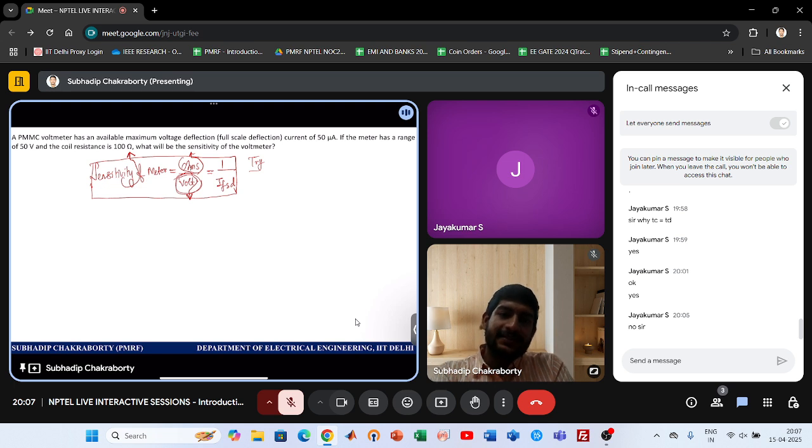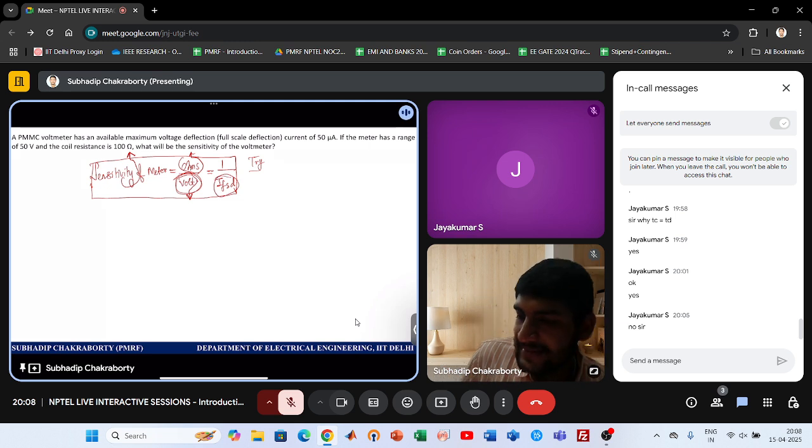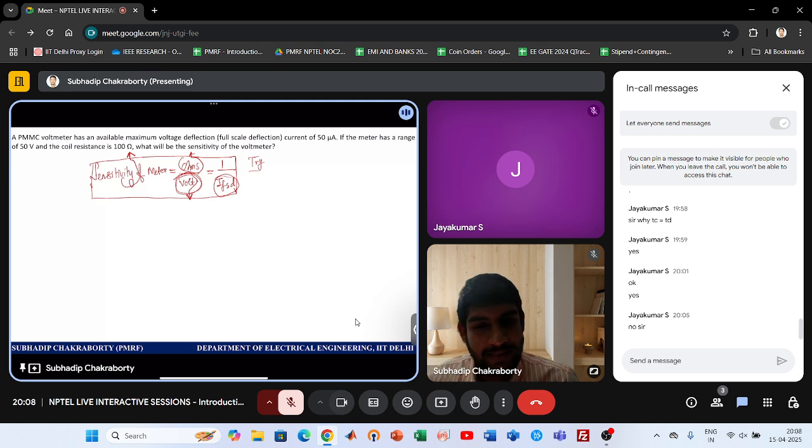Or in other words, the full scale deflection current. If the full scale deflection current is small, then it is very sensitive, right? For smaller currents, it can produce the deflection and show you. If the full scale deflection current is large, then for smaller currents the deflection is not significant. That is the quantification of the sensitivity of the meter, nothing else. So if they are already giving you the full scale deflection current, then you can directly calculate sensitivity,